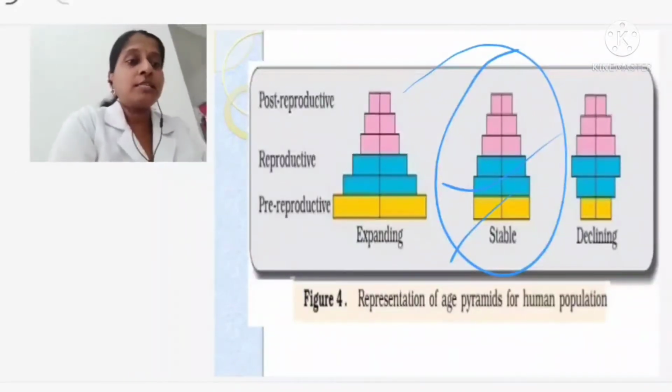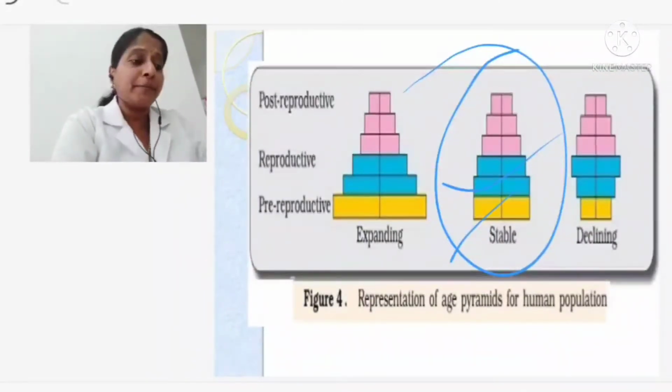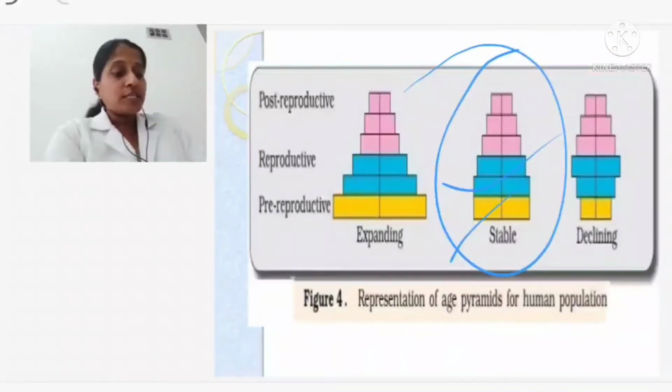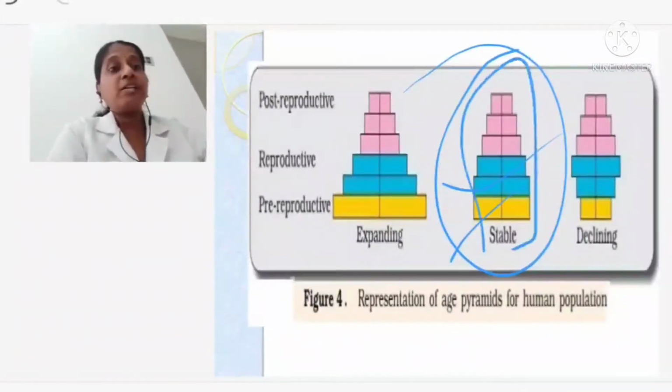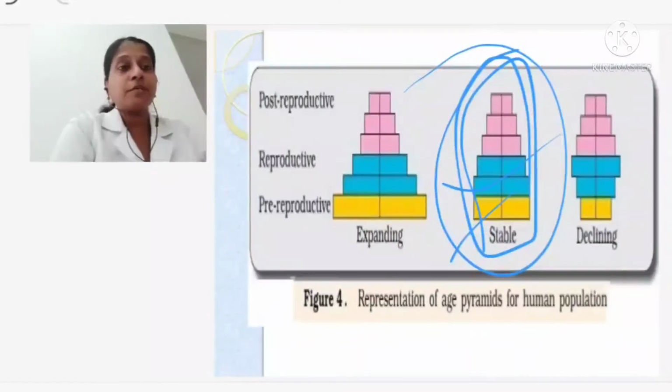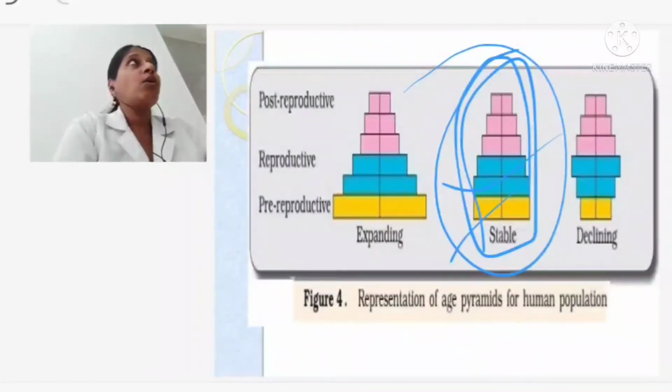Thereafter, the next is your declining population. Where does this declining population happen? When you are seeing the stable population, it is bell shaped. This one we call the bell shaped curve. Declining population is taking place in regions where all of a sudden there is a decline in the